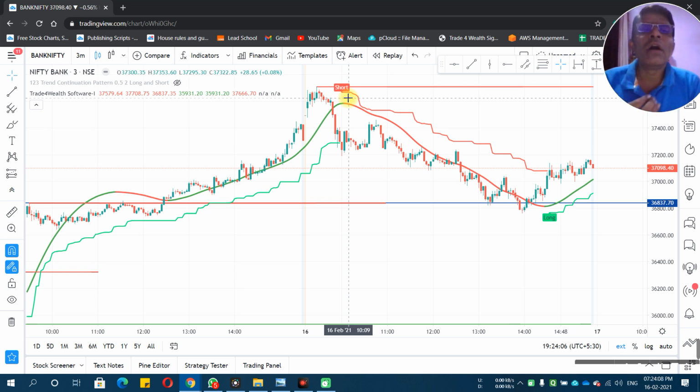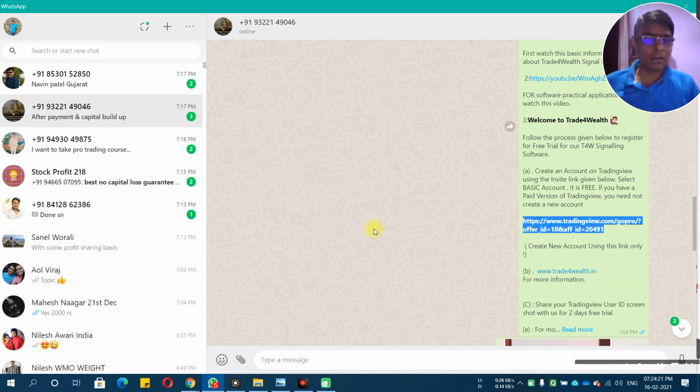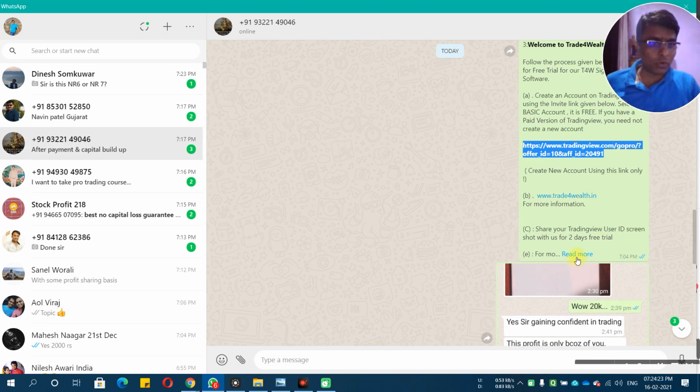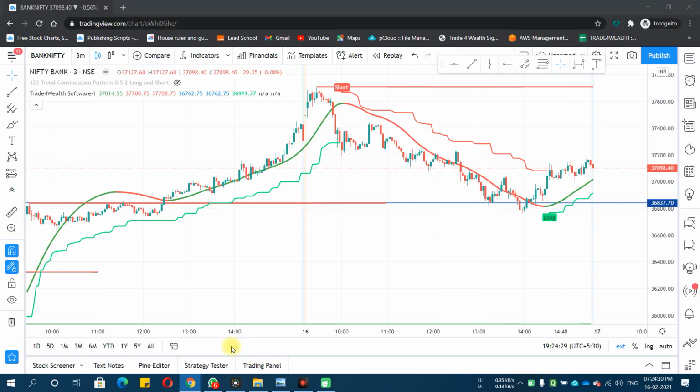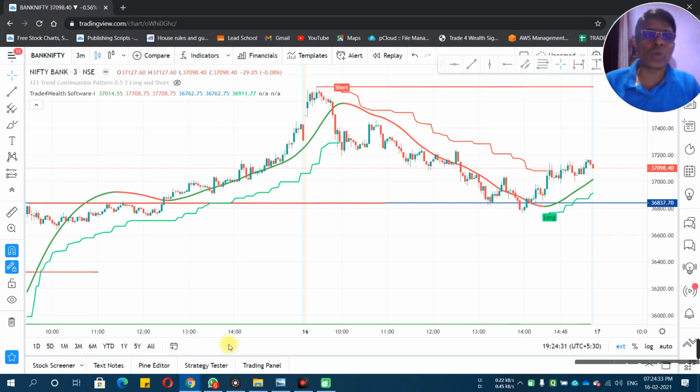If any target is achieved or stop loss is hit, I update it. I have an accuracy of about 85 to 90%. You can check my accuracy in my Telegram channel. You will get the Telegram channel link here in the same message. If you click on this, then you will get the Telegram channel link. For that you have to first download Telegram and click on that. Then directly you can join the Telegram. In Telegram you can check my accuracy from the last 1.5 to 2 years. You will get my accuracy levels in that.